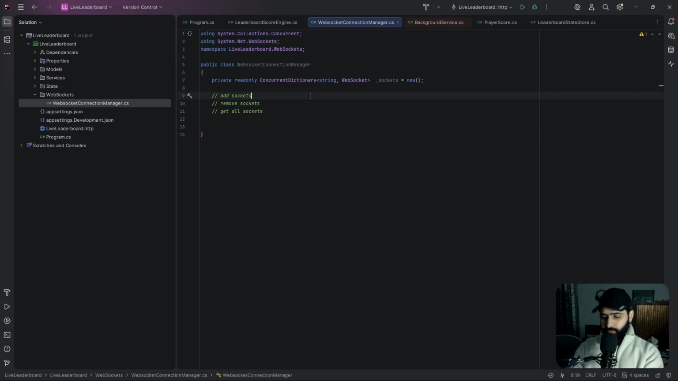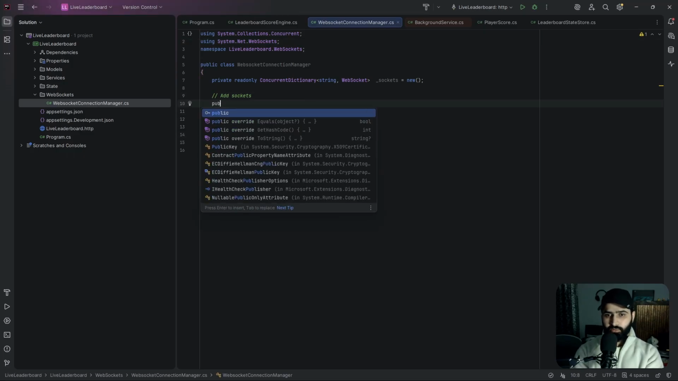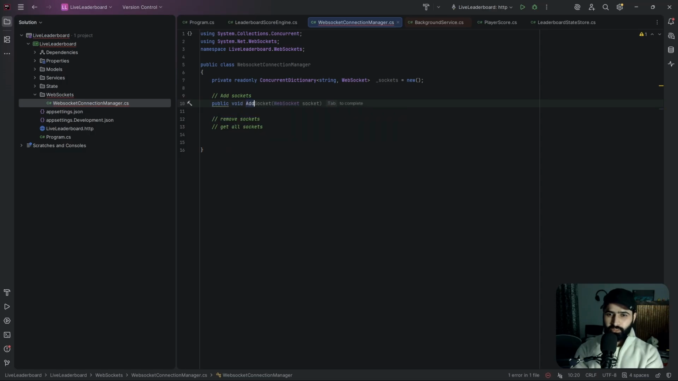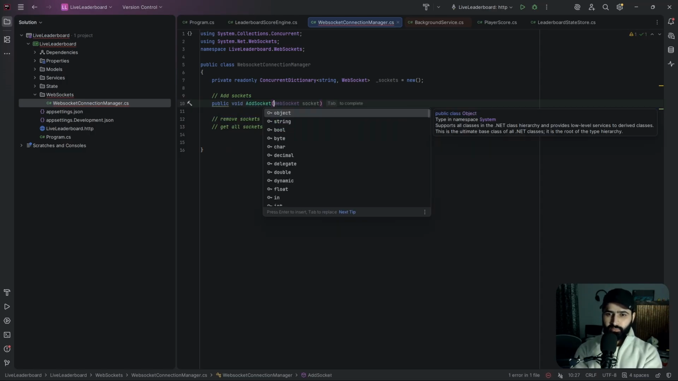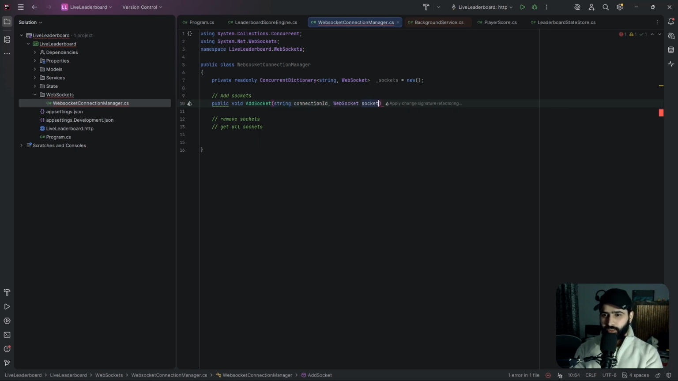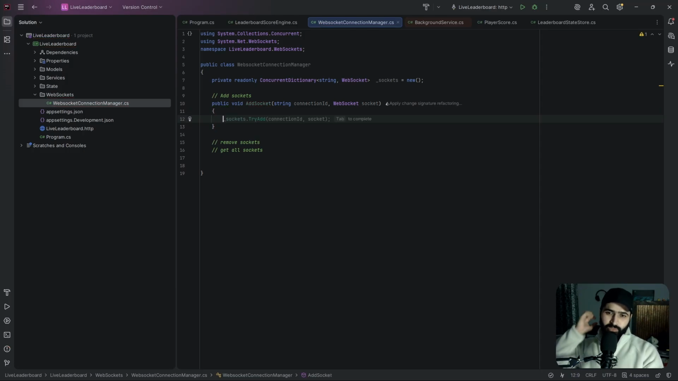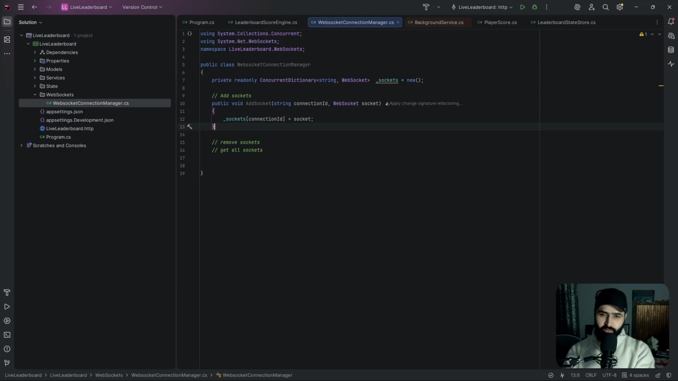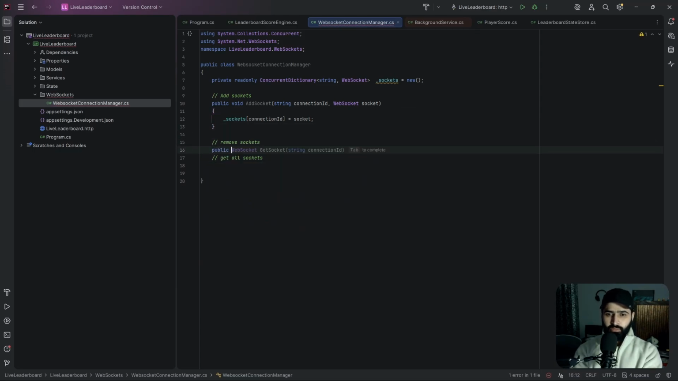परफेक्ट। सो सबसे पहले हम जाएंगे यहाँ पे ऐड के अंदर पब्लिक वॉइड ऐड सॉकेट। अब यहाँ पे हमें एक कनेक्शन आईडी चाहिए और एक सॉकेट चाहिए। लोगर वगैरह आप लोग ऐड कर लेना, और बस मुझे इसमें ऐड करनी है। ये हम करेंगे इस कनेक्शन आईडी पे सॉकेट ऐड कर दो। ऐसे ही रिमूव के लिए कर लेंगे पब्लिक वॉइड रिमूव सॉकेट, कनेक्शन आईडी उठाओ वहाँ से, ट्राई टू रिमूव, और ये डिफ़ॉल्ट पास कर दो उसे।